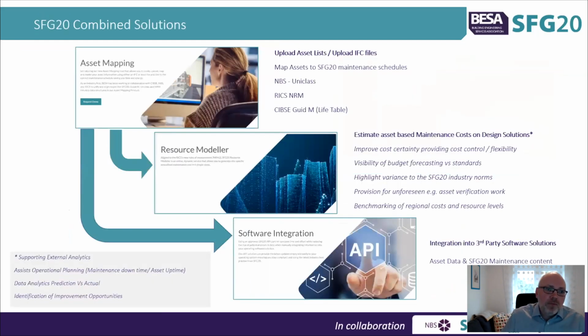In terms of SFG20 itself, we've also developed a number of other products that when combining gives a powerful output and the use of asset mapping. One product is Resource Modeler. So Resource Modeler is a cost application on SFG20 tasks, which gives a cost output by asset. Therefore, when you use the asset mapping tool functionality, possibly within a design phase or early stages of preliminary concept,